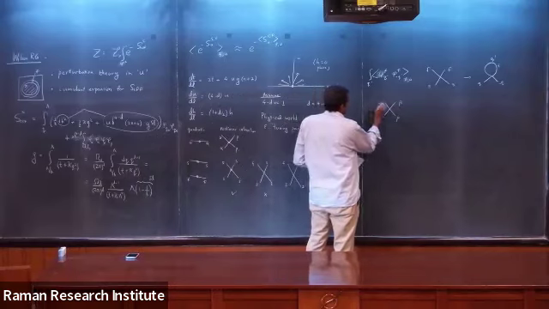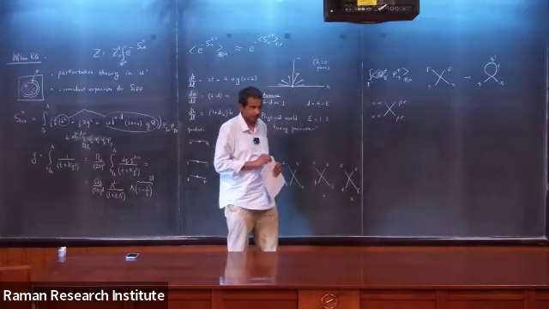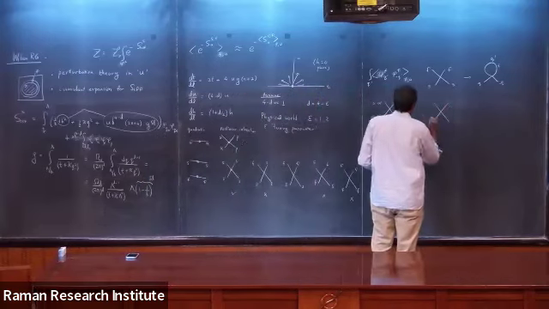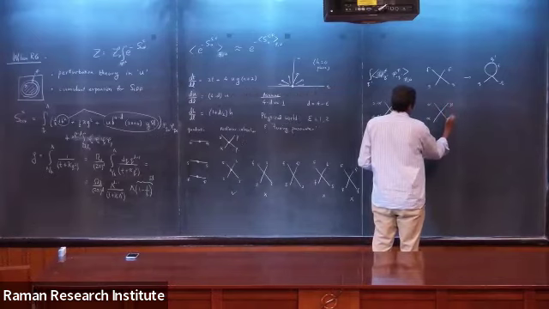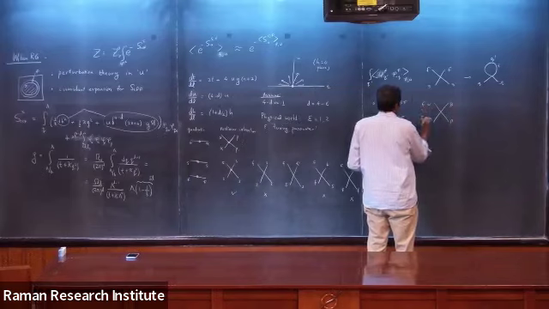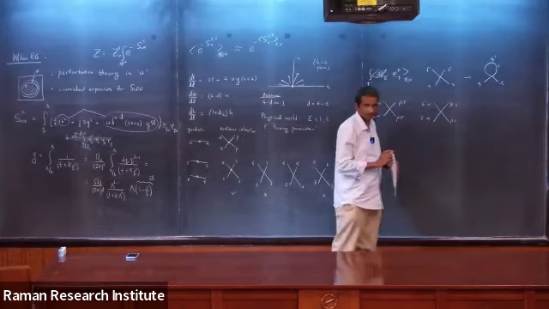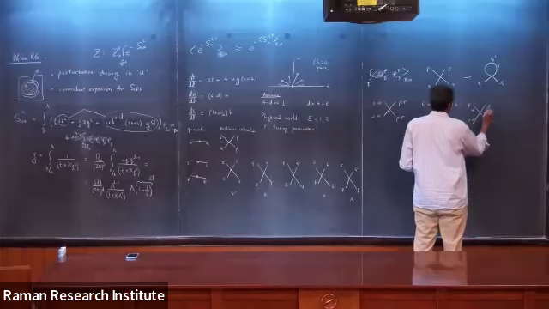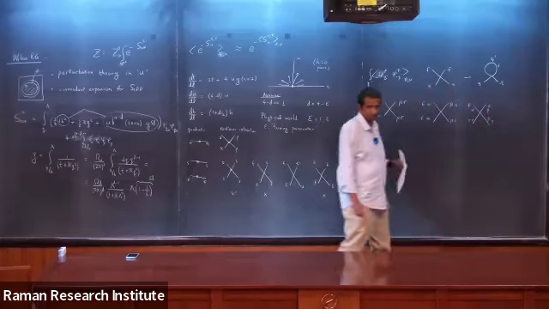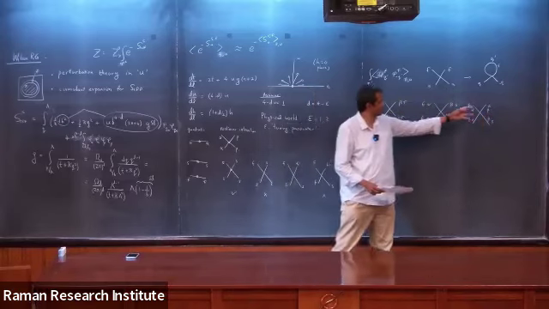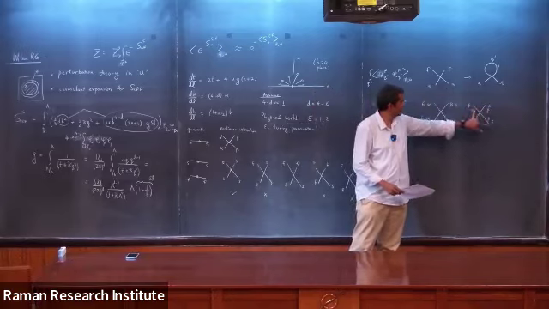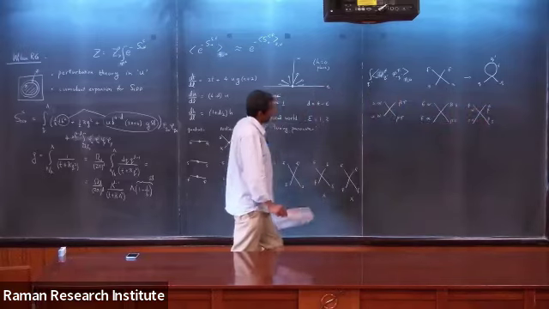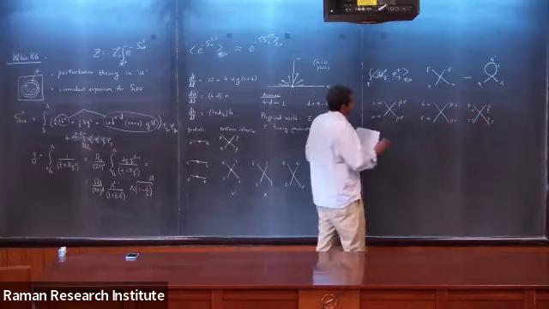So I could pick, for example, these to be the fast fields and these two to be slow, right? Or I could pick these two to be fast fields and these two to be slow fields. And similarly, the other type of combinations where I could pick these two to be fast and these two to be slow. This is alpha. And there are many ways to do this, how I could pick these two, or I can pick it in many different ways, right? So you have to ask, well, if I pick it in this fashion, then I'm kind